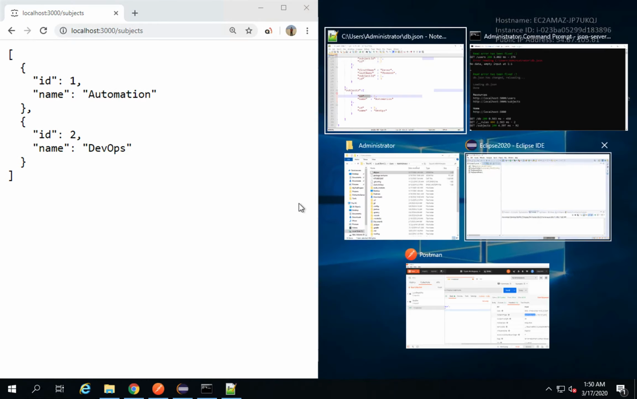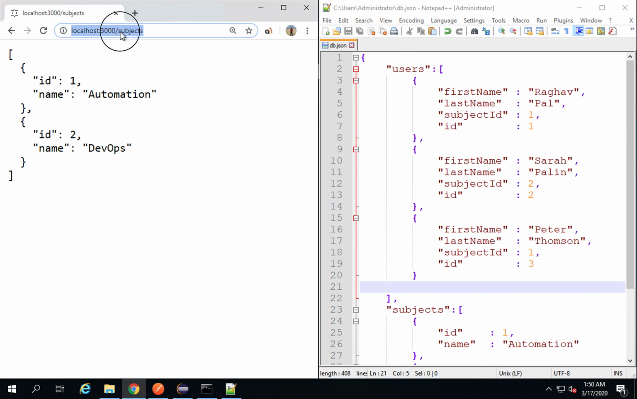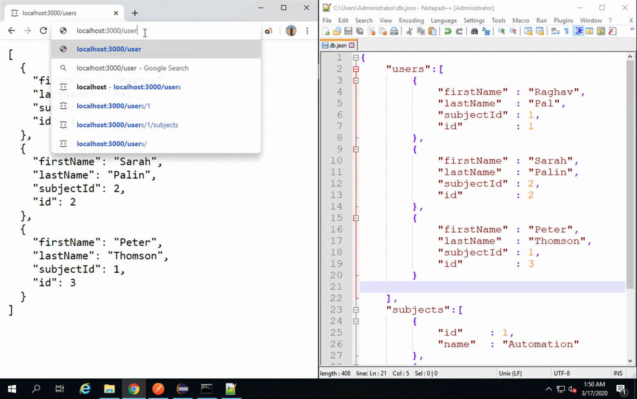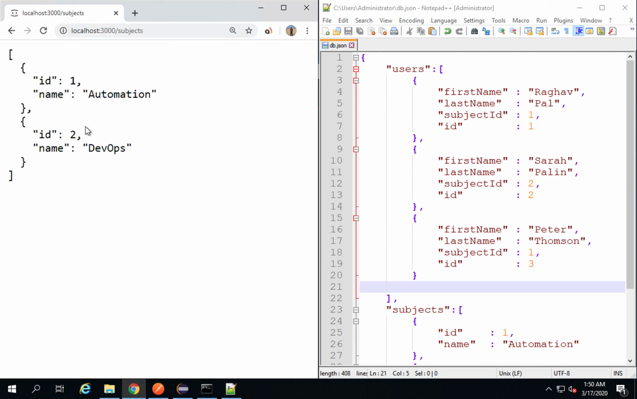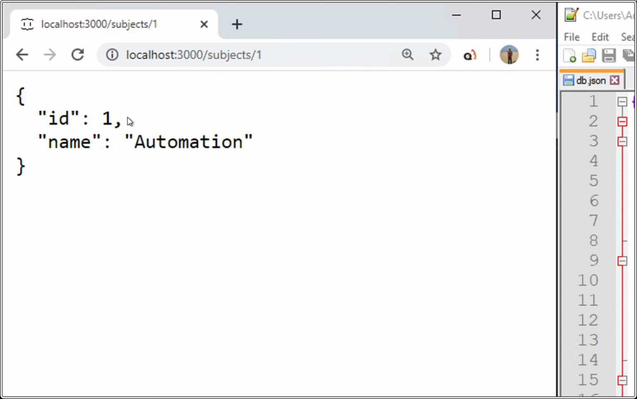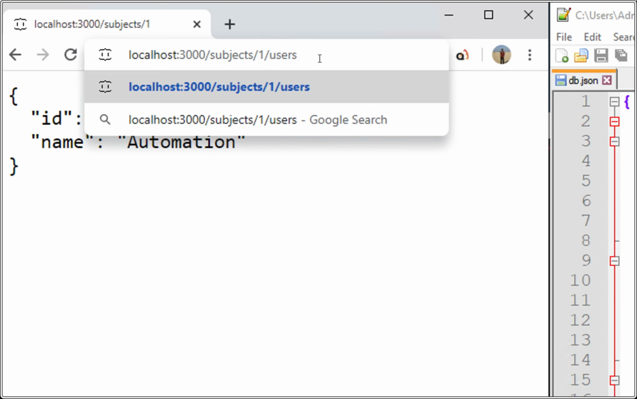I will split my screen so that I can show you both the screens. So this is my file, and here if I say localhost 3000 and I say users, I'm getting the users here. If I say subjects, I'm getting the subjects here. Now if I say /subjects and /1, and if I hit enter, I'm getting the subject details with ID 1, and if I say /subjects/1 and I say users,